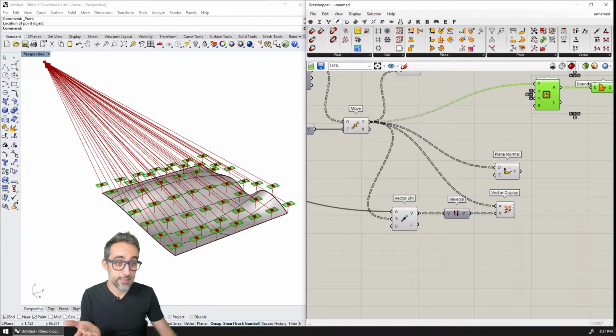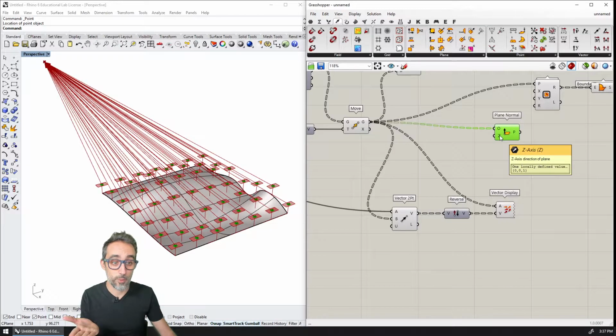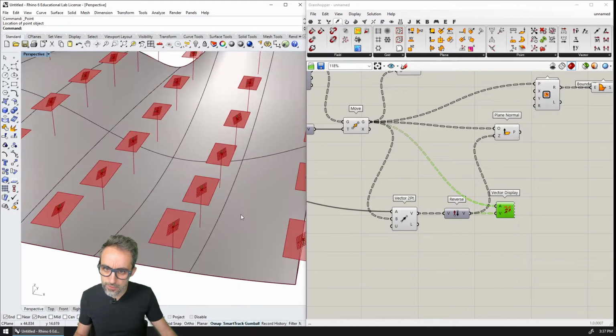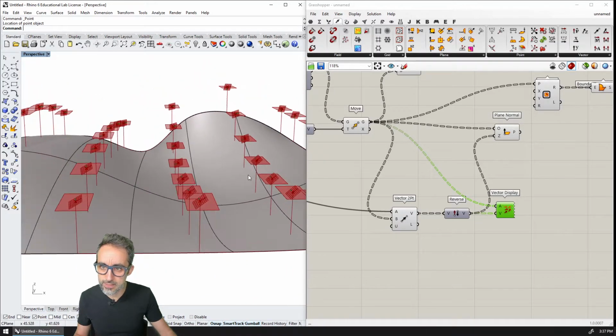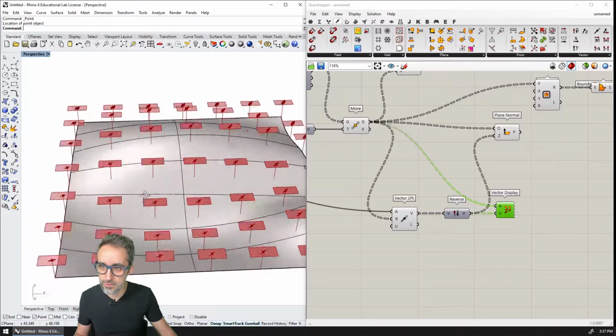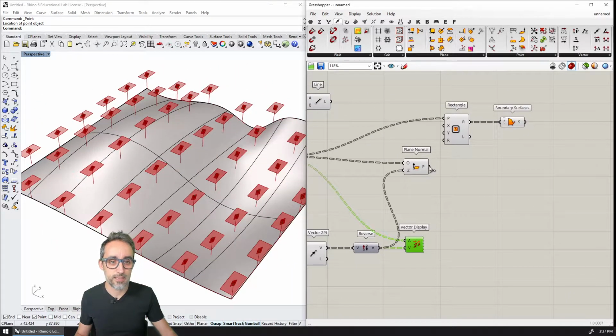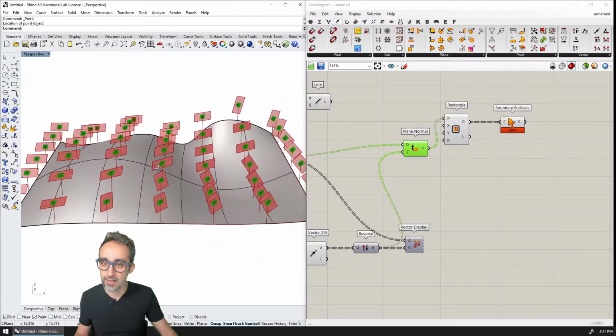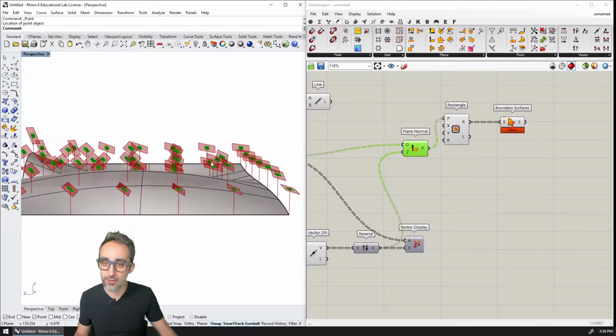And then the Z is going to be the normal, which I already have here. As I do that, I'm going to turn this off, and you can see that I have a lot of planes that are oriented towards the sun. Is that correct? And then as I plug those in here, you can see that now all these panels are